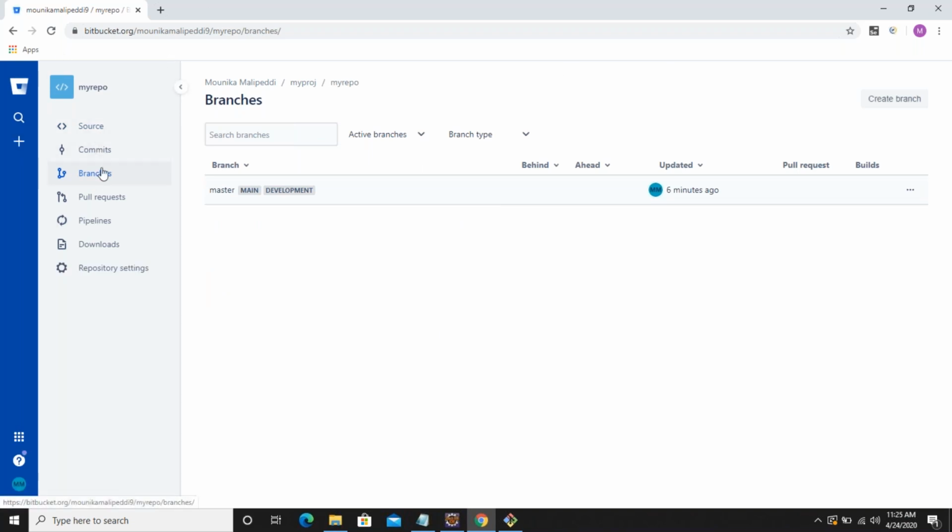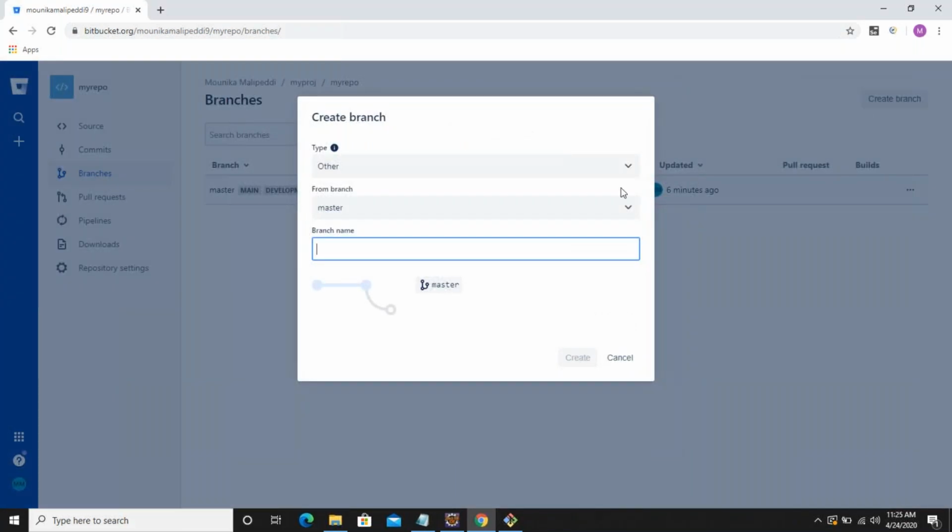So you can go to branches. I just navigated through the entire repository. You can go to the branches and you can click on create branch, and it is asking from where you need to cut a branch. Basically the terminology, they say cut a branch, but the normal operation is from which branch you want to take.